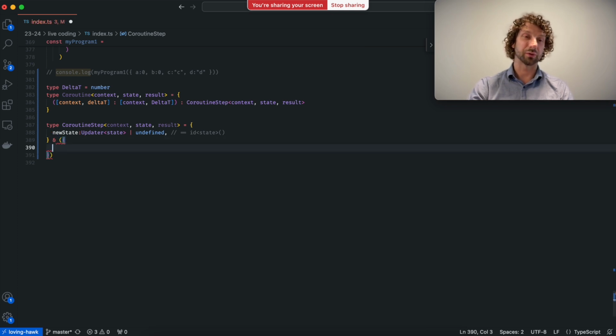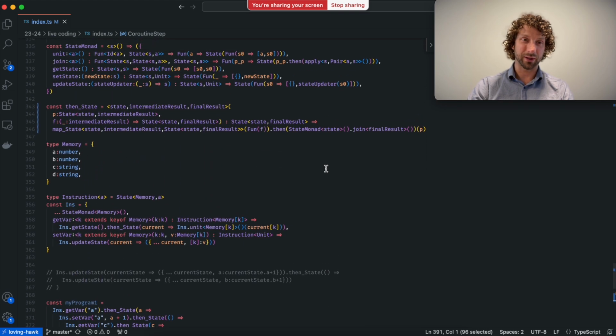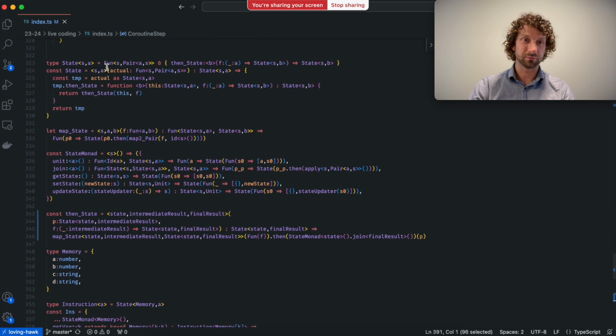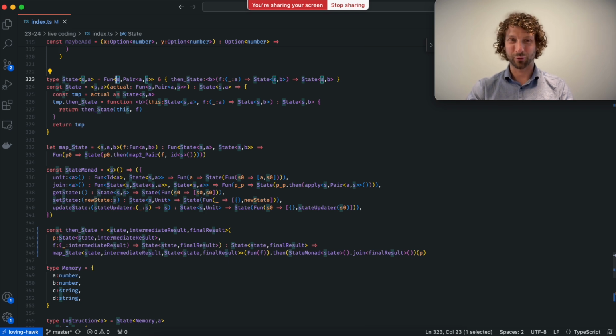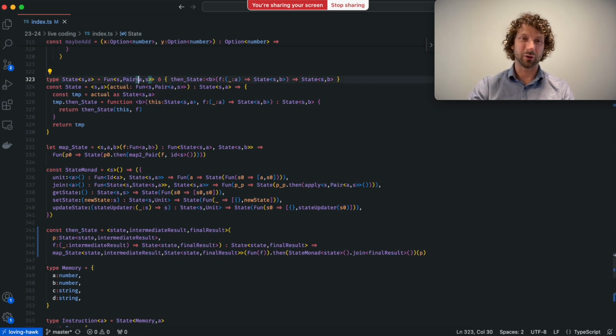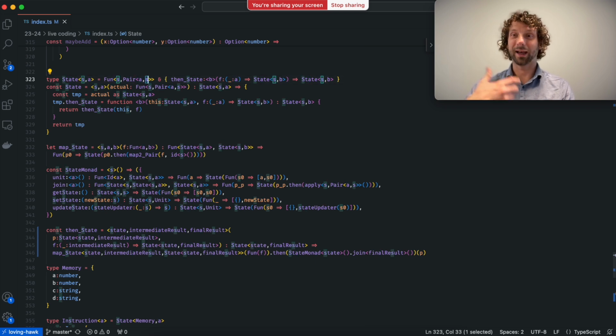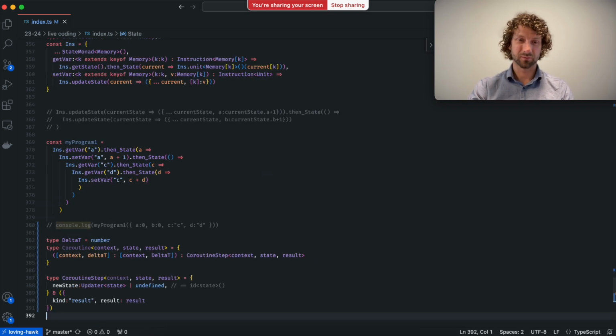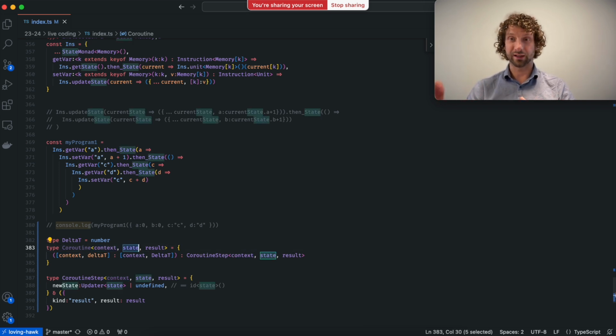And these possibilities we're going to put between brackets. The first one is that we get a kind result, and next to the new state, we actually get a result of type result. These two things together are very similar to what we had in the state monad, because if you remember, in the state monad, we had a function that takes as input here the state, which is in a sense our context, and gives us back a pair of the result and the new state. Here we split the state basically in two, the part that we read of the state, which usually is a superset of the state, so it contains everything in the state